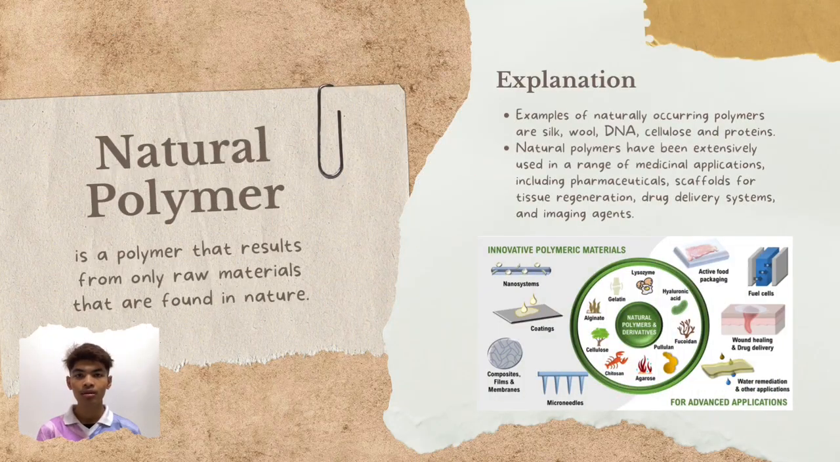A natural polymer is a polymer that results from only raw materials that are found in nature. Examples of naturally occurring polymers are silk, wool, DNA, cellulose, and proteins. Natural polymers have been extensively used in a range of medicinal applications, including pharmaceuticals, scaffolds for tissue regeneration, drug delivery